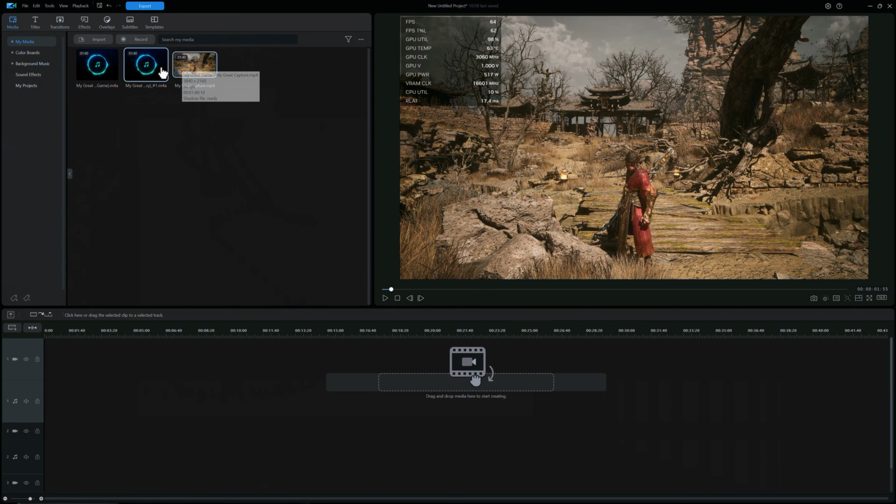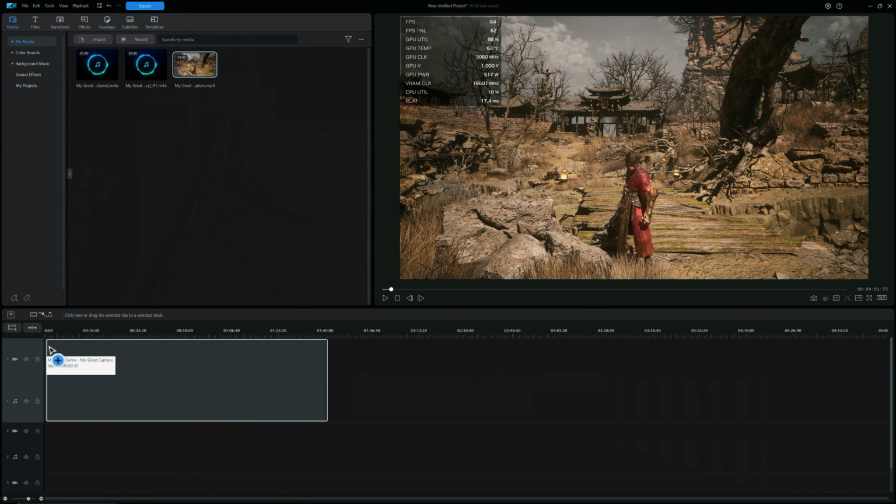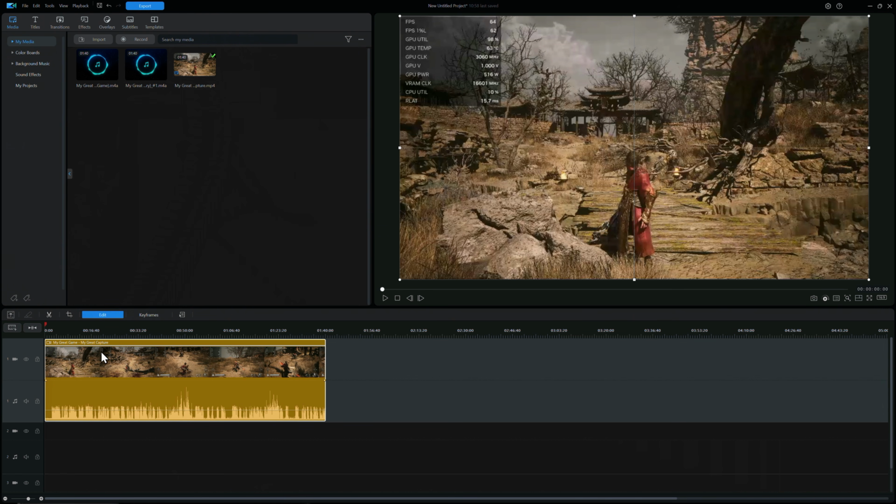So let's drag the audio, video all in one to the timeline. So you can see it's occupied layer 1, and so we've got video on the top layer and audio below. So if I was to play this,